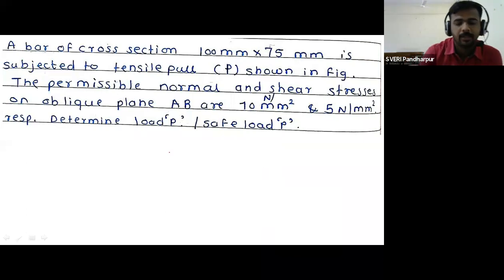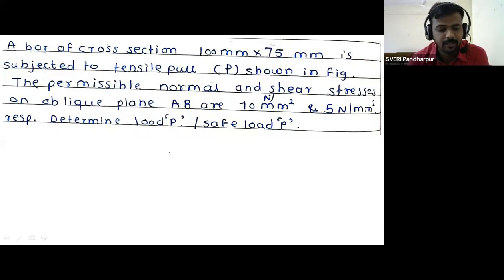Okay. So once again, very good morning all. In the last lecture, we started chapter number 3, that is principal stresses and strain. And in the previous lecture, we covered all the basic concepts related to the principal stresses and strain,